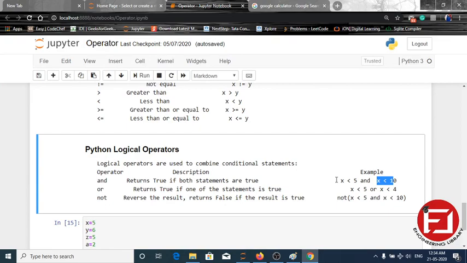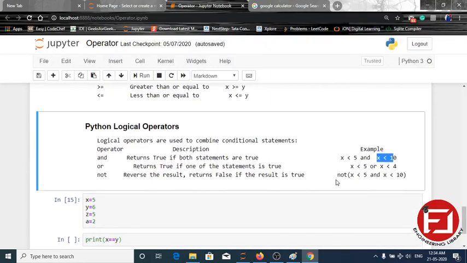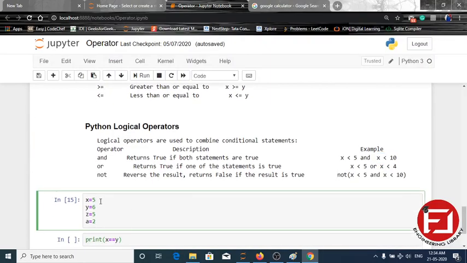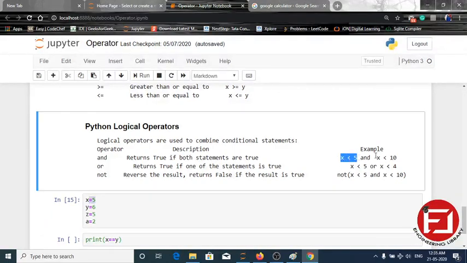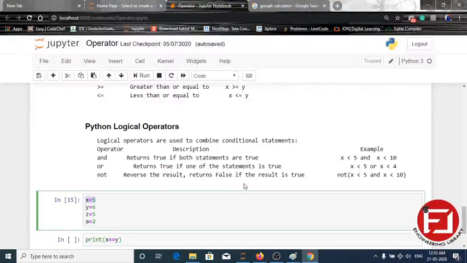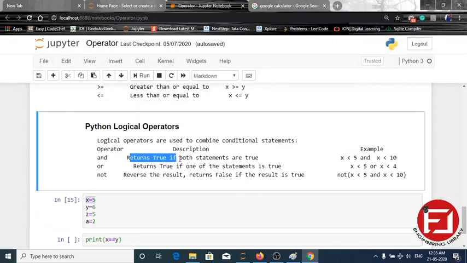And means both statements should be correct, and only then the true value will be returned. If any of these statements is false, then it will return false. Here we have taken an example where x is 5, and x is smaller than 10 is also correct. So both statements are simultaneously correct, so it will return true.